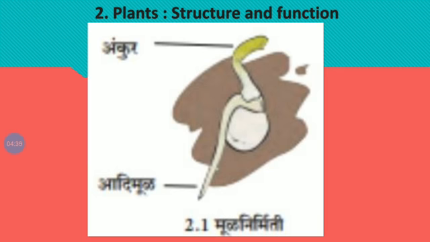Roots of some plants produce secondary roots. See, like this. That picture shows on the screen. Observe this picture carefully. Roots of some plants produce secondary roots that grow obliquely and spread far and wide in the soil. Roots support the plant. This type of root is called a taproot. See, this is the taproot, and there is a secondary root, त्यालाच उपमूळ म्हणतात.